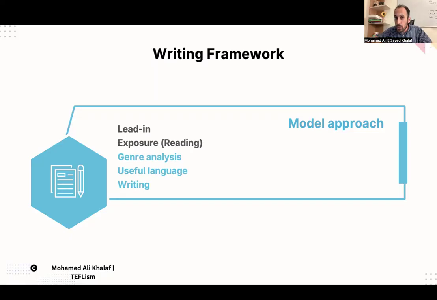You help them brainstorm these two stages together, and you elicit some ideas. You show them the structure, and they start writing. Okay? So genre analysis, useful language, and writing are the most important stages for this framework.